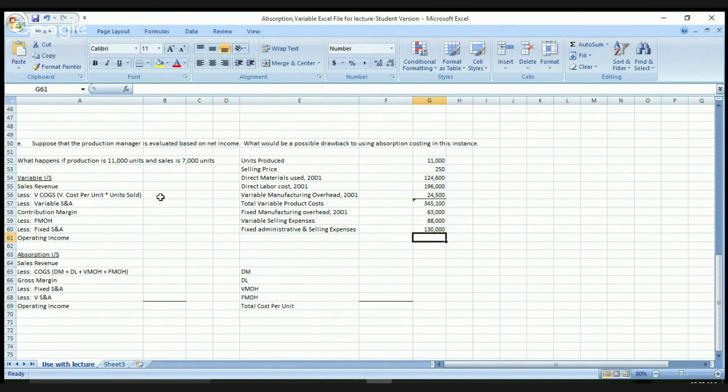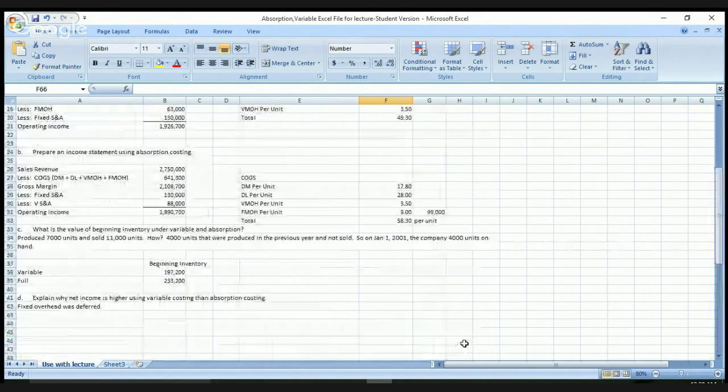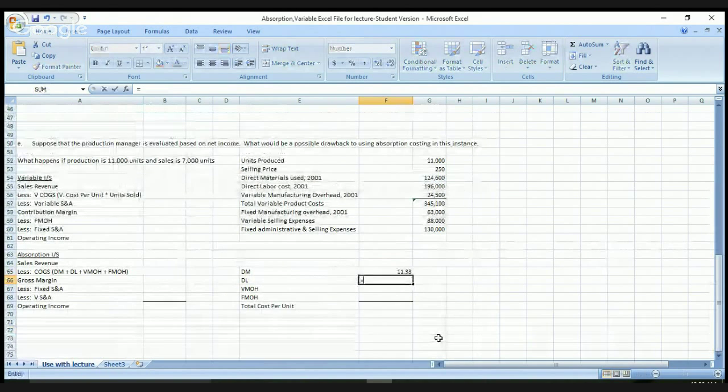Okay, so let's go up here. Well, let's determine our rates. My direct materials, I'm going to take the direct materials, and this time I'm going to divide it by the 11,000 since we're producing it. So if you notice, because we produced more, the rate went lower. Now, direct labor, I'm going to take the 196, divide it by the 11,000. So my direct labor cost is $17.82. My variable manufacturing rate is going to be 24